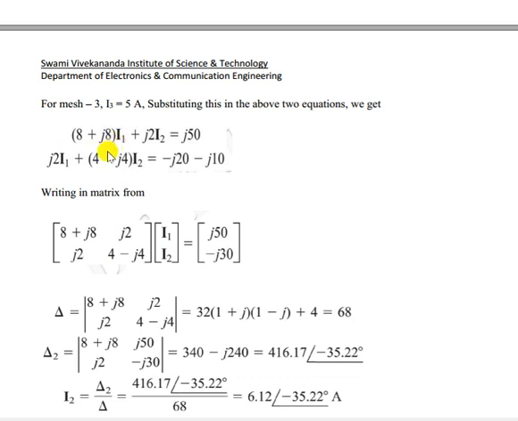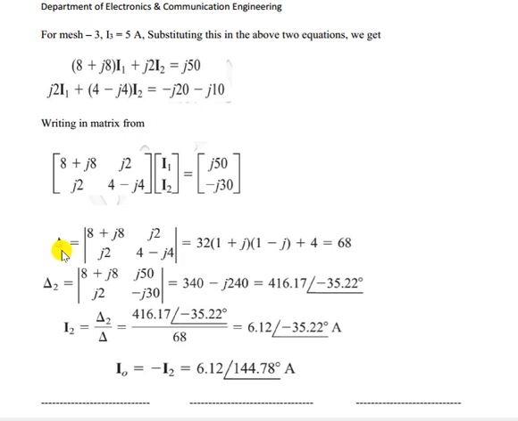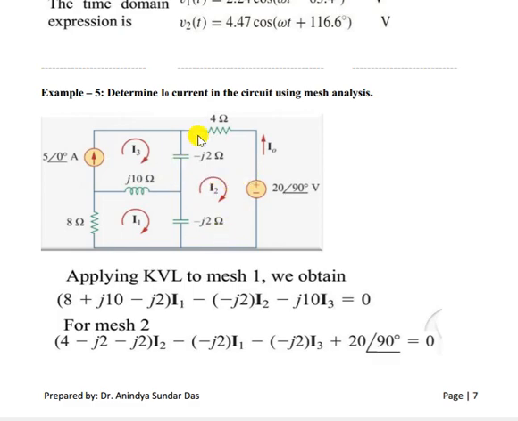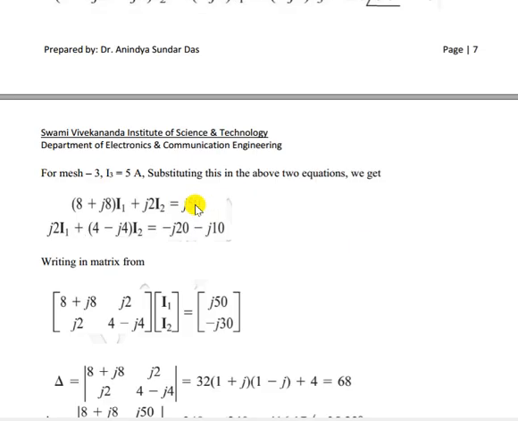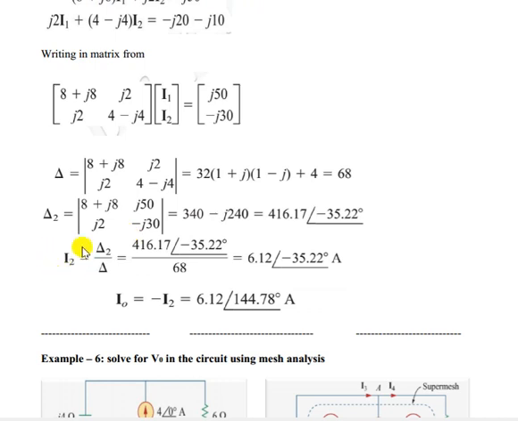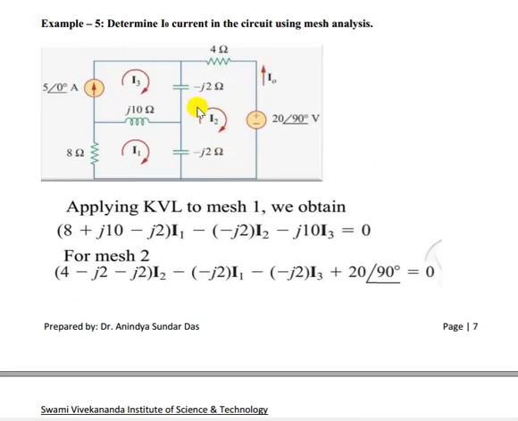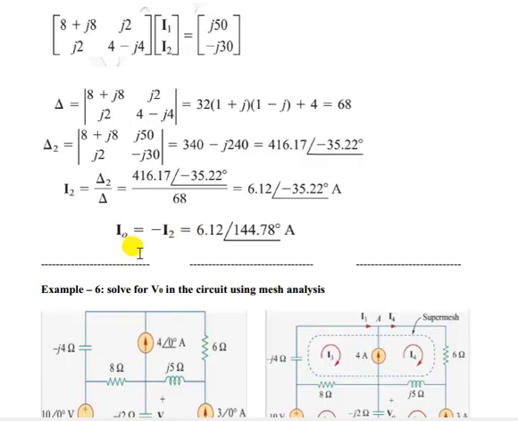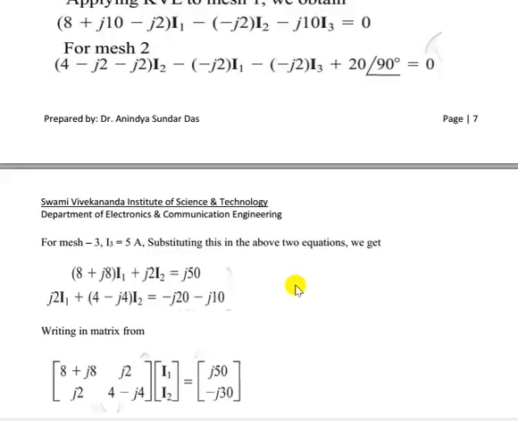So this is your I1 coefficient, I1 coefficient is J2, I2 coefficient, I2 coefficient here I1, I2, and this is nothing but J30 addition of partition term. Then you can solve finding on delta 1. Now here the problem is you have to find out I2, which is nothing but minus of I0. Okay. So we have to find out I2 equal to del 2 by del. So you got this value, and I0 is nothing but minus I2, because I2 and I0 are in opposite directions. So we got this value. Okay.